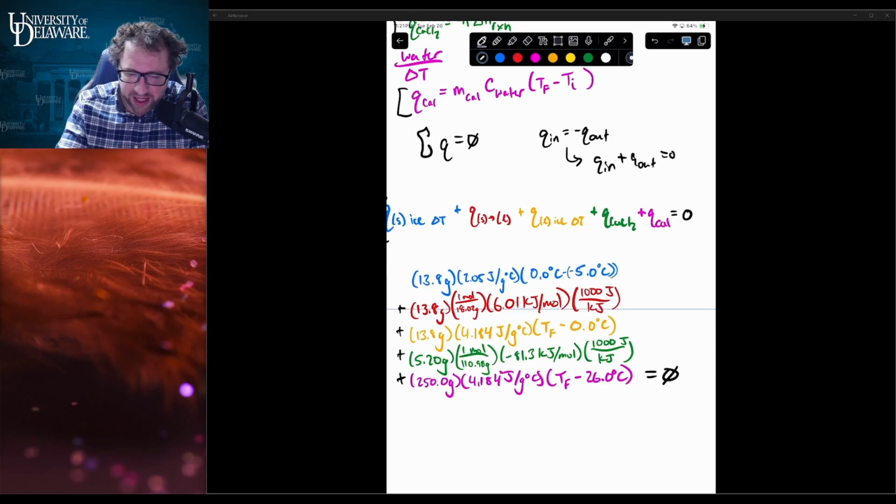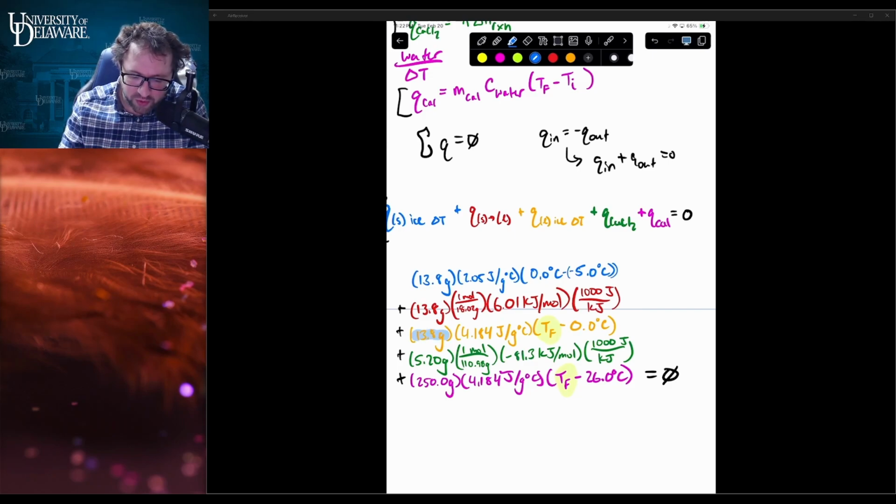So now we have some options. If we're looking at this, let's see, what color can I use? I think this one will pop. So the only unknowns are these two final temperatures, right? The final temperature of the ice and the water coming together. If you forget this piece here,